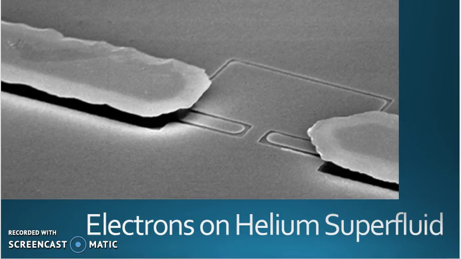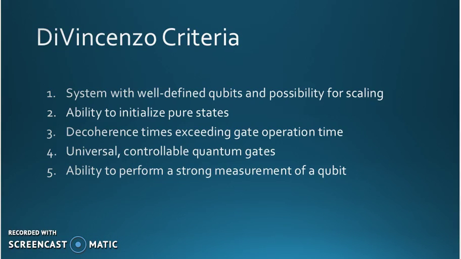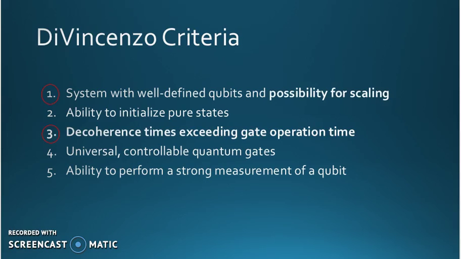Richard Feynman's call for quantum computation in 1981 has led to rapid scientific developments in different potential architectures. In 2000, David DiVincenzo defined 5 criteria he thought were essential to creating an effective quantum computer. Research into electrons on liquid helium began because there are several different ways to define a discrete qubit. Each single electron could be the well-defined qubit.